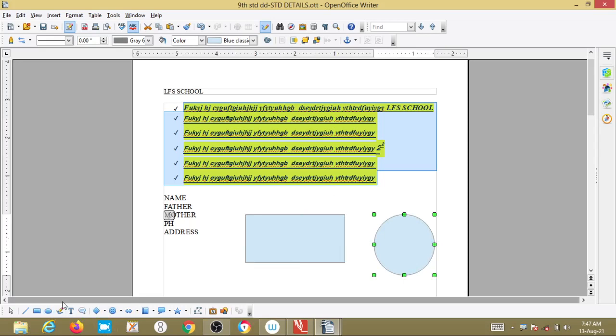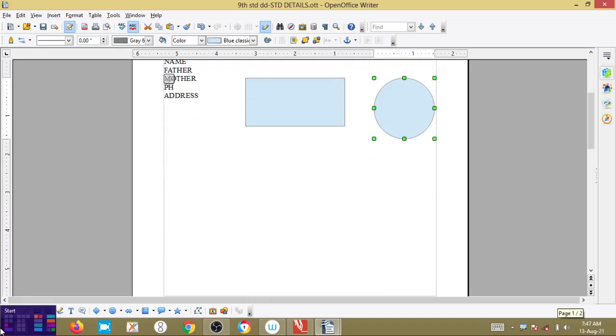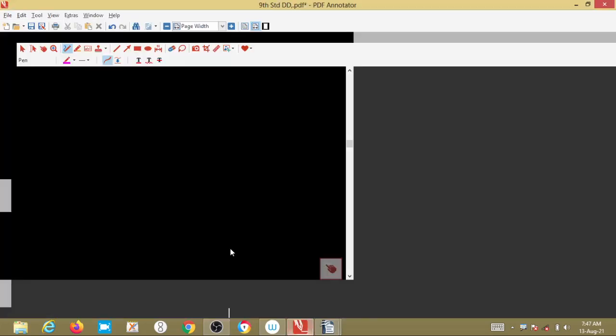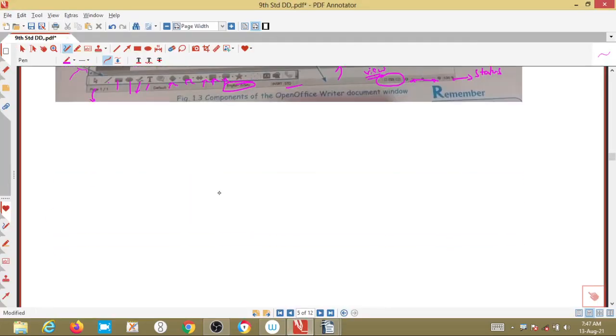Okay, then cursor and mouse pointer, here I will explain that one. Here see, now I am getting a dot, right? If I select this one, this is the select option, it looks like this. Suppose I want to select the text, you will get this, the I-beam. What are the different formats of the pointers? If I select the pen, it looks like this, right? Depending upon the menu which we have selected, the pointer shape will be changed.